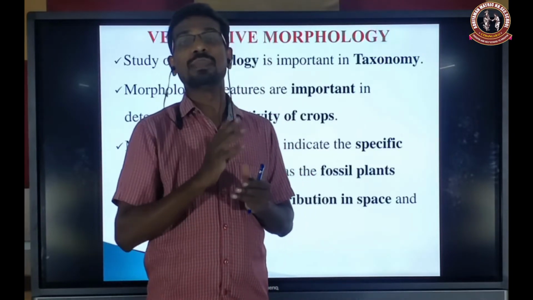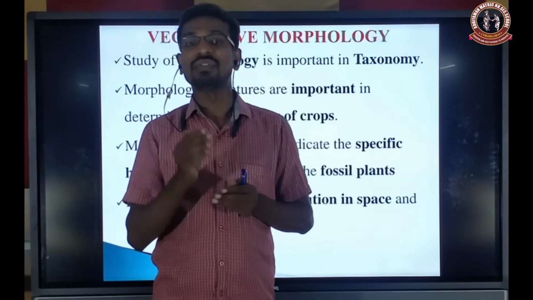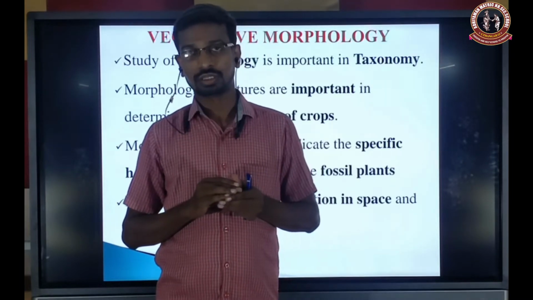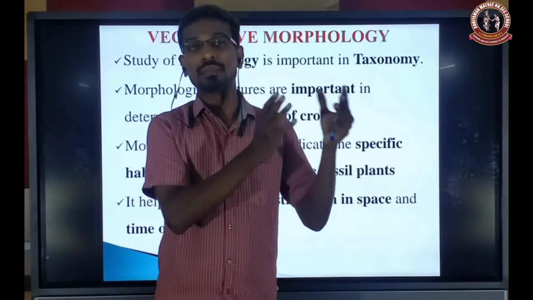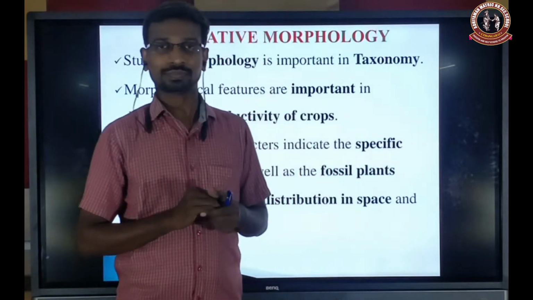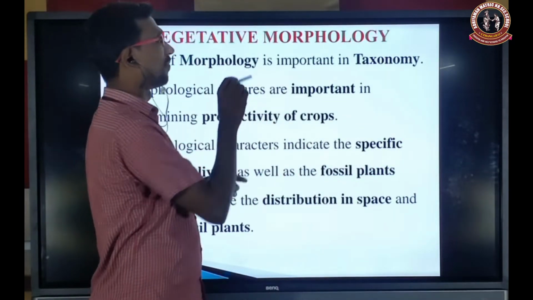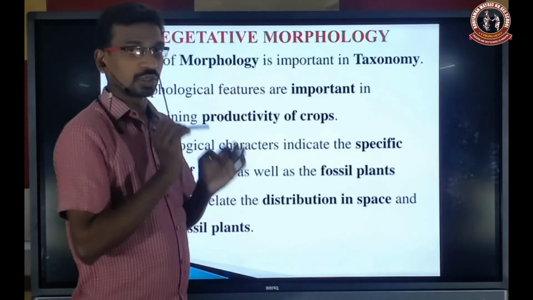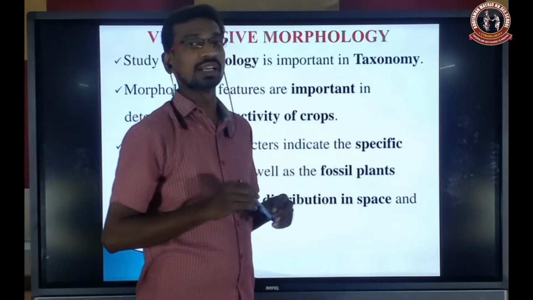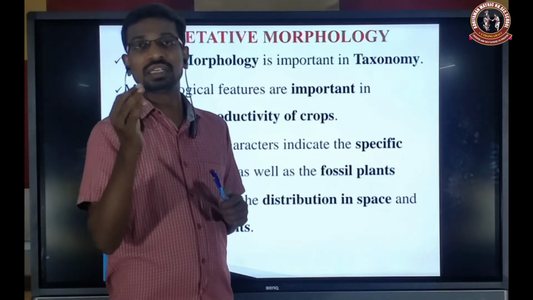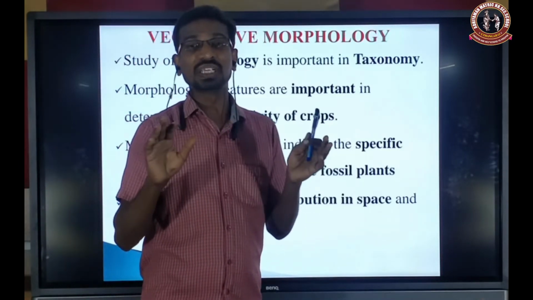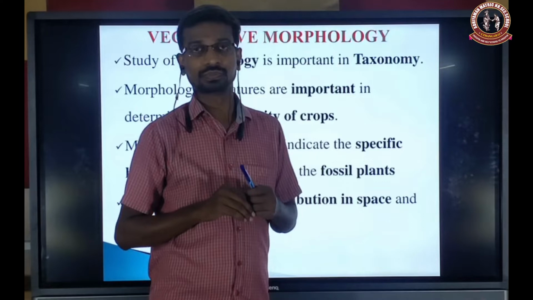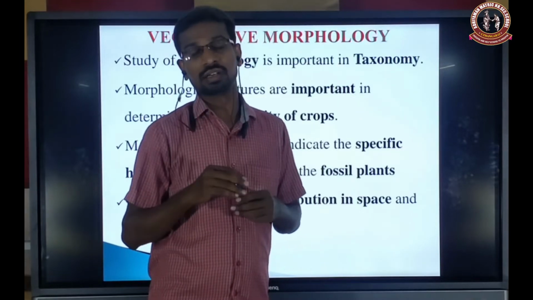the leaves showing a parallel venation and the flowers being trimerous, come under the monocotyledonous. Okay, so these are the morphological features. Morphology is very, very important for taxonomy. Taxonomy is a branch of science that deals with the classification of plants based on any one criterion.